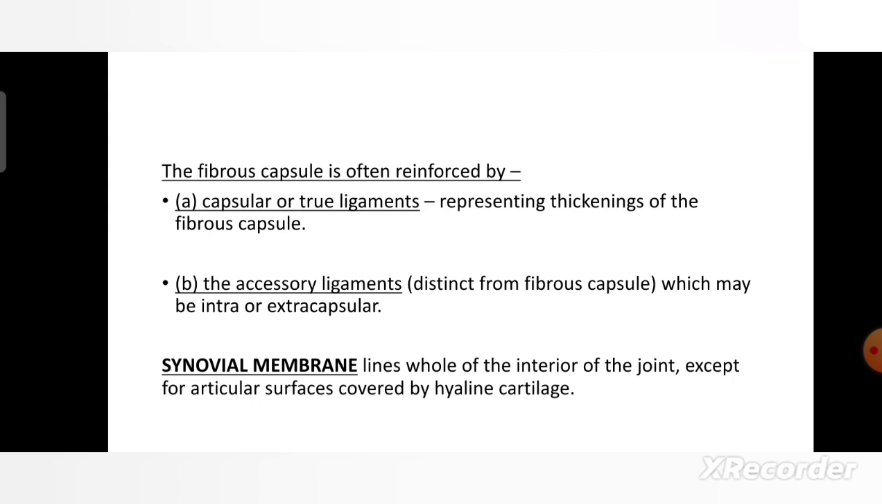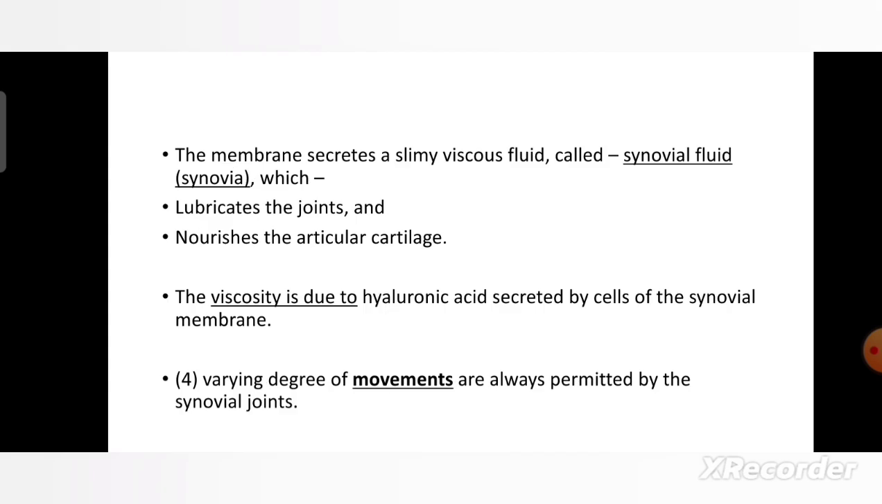Next is the synovial membrane. The synovial membrane lines the wall of the interior of the joint except for the articular surface covered by hyaline cartilage. The membrane secretes a slimy viscous liquid called synovial fluid or synovia, which lubricates the joint and nourishes the